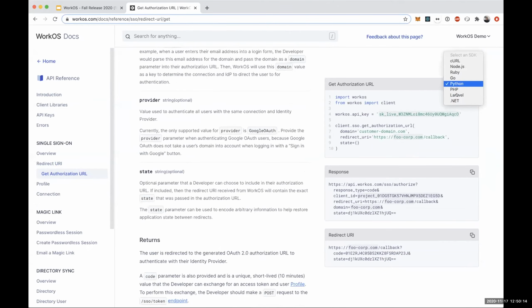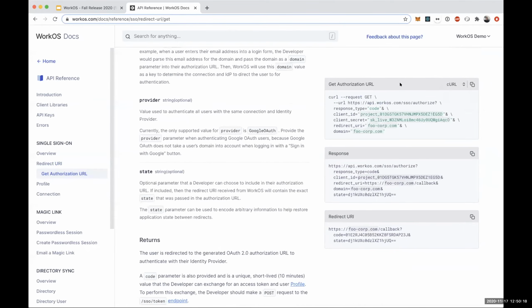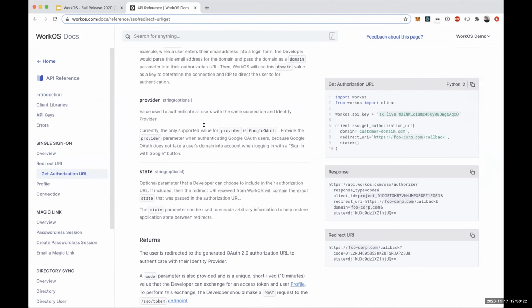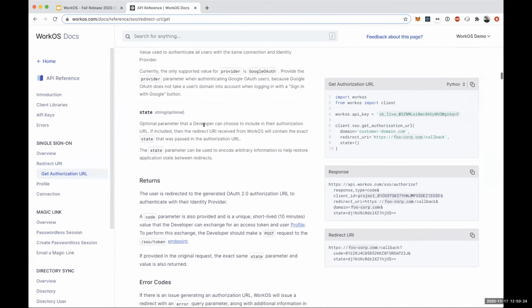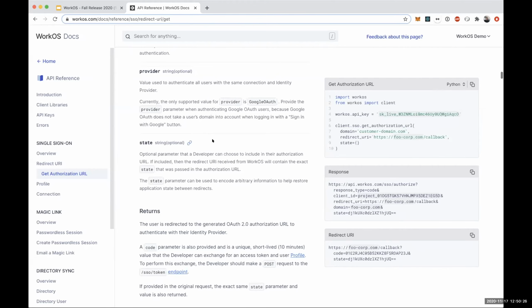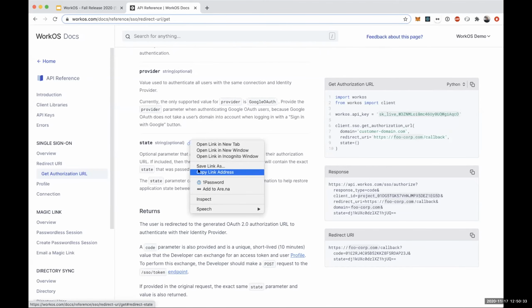You can switch your language between any of our SDKs, or if you just want to use our REST API, you can see a curl sample as well. I'll switch back to Python. You may have also noticed that as I'm scrolling, the URL bar changes. So I can actually link to any part of this page. If I'm working with another developer and I want to share this specific query parameter, I can copy the link